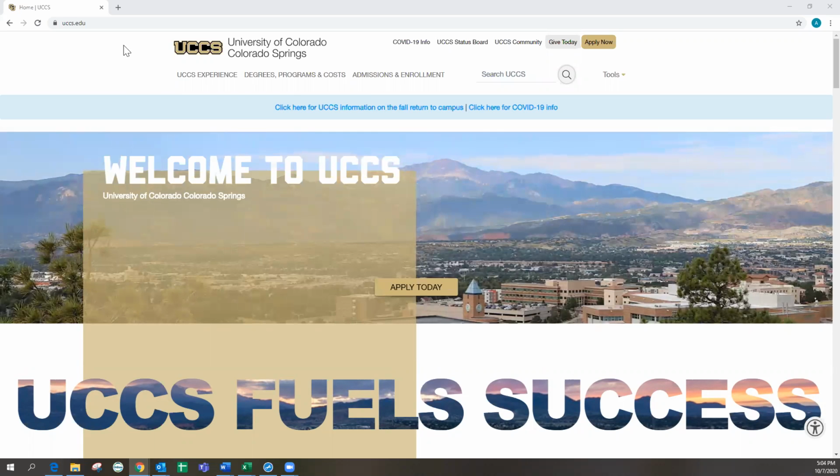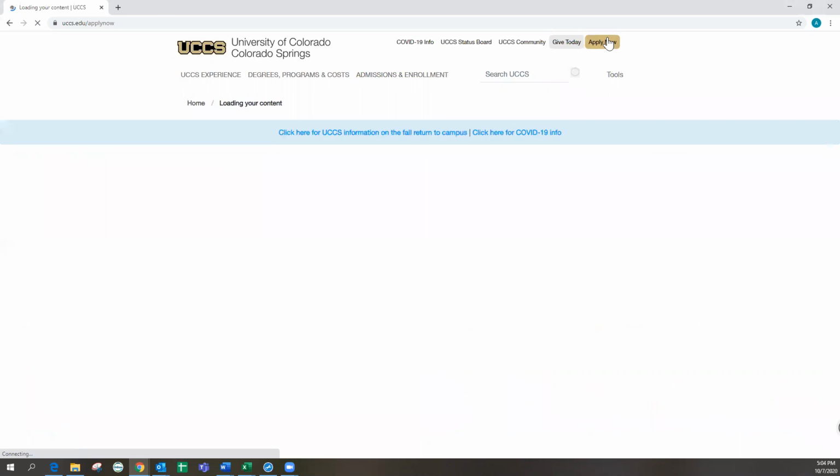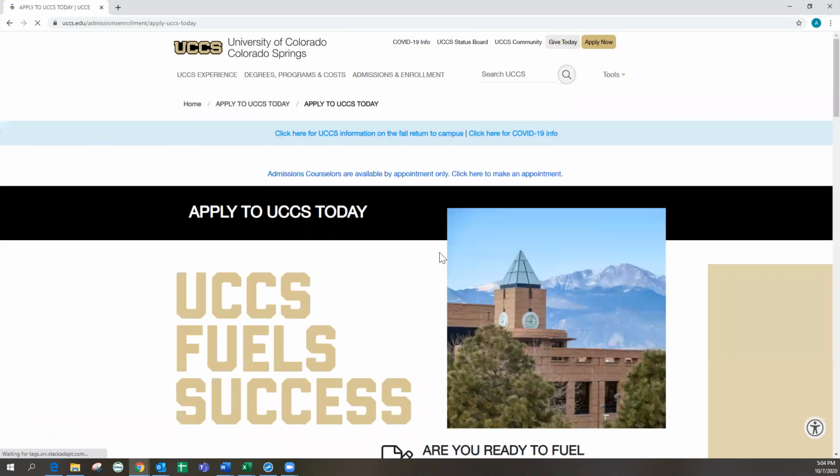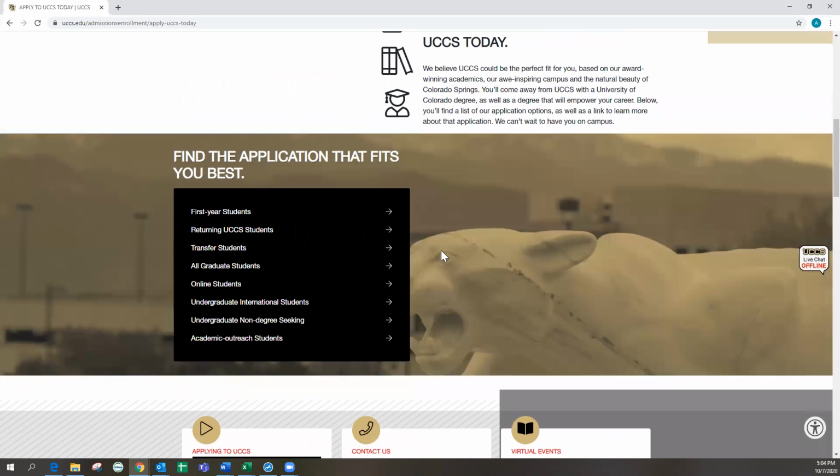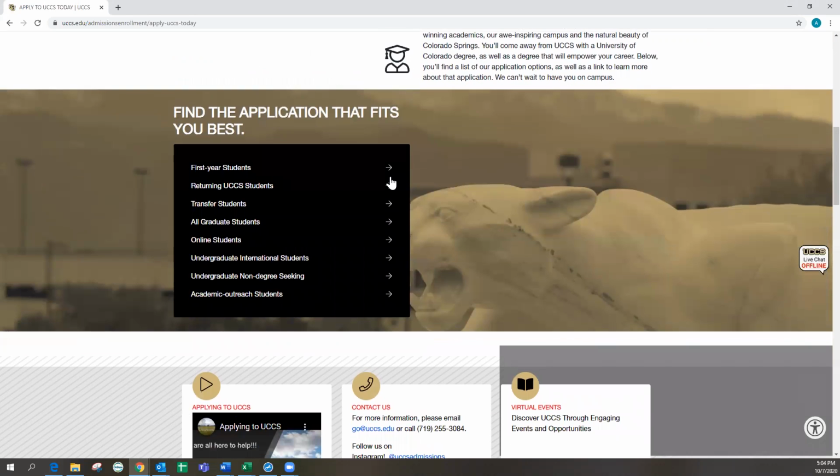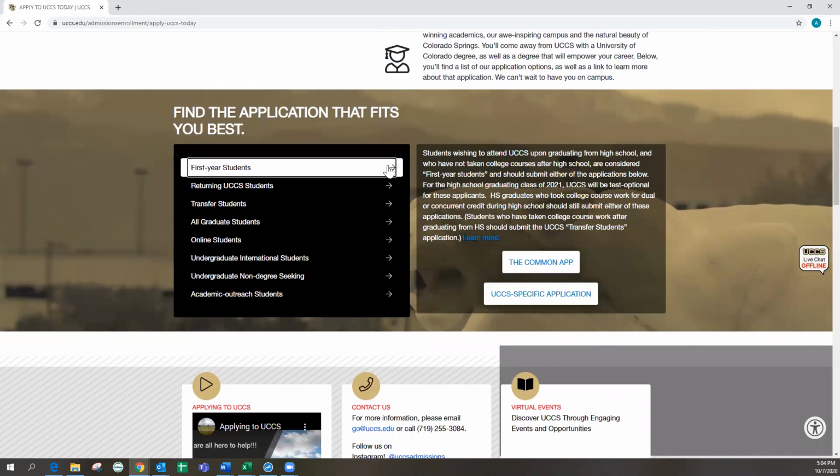If you go to uccs.edu and click on the Apply Now button, you will come to a page that just gives you information about applying to UCCS. Since you are still in high school, you would complete our first year student application. Even if you have college credits already, you are still considered a first year student because you have not graduated